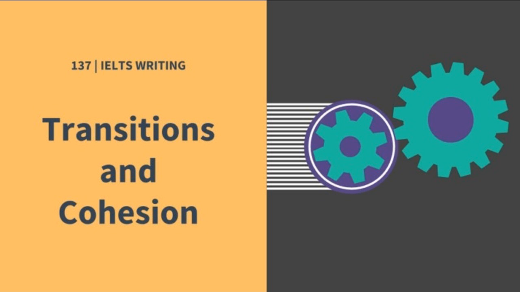This episode is about IELTS writing, about your essay composition and transitions, and how that can improve your cohesion score, your coherence. Now, what are transitions? What is cohesion? First of all, cohesion is how it all ties together. Okay? Is it one coherent thought, or are we bouncing around with different ideas and different thoughts and opinions all